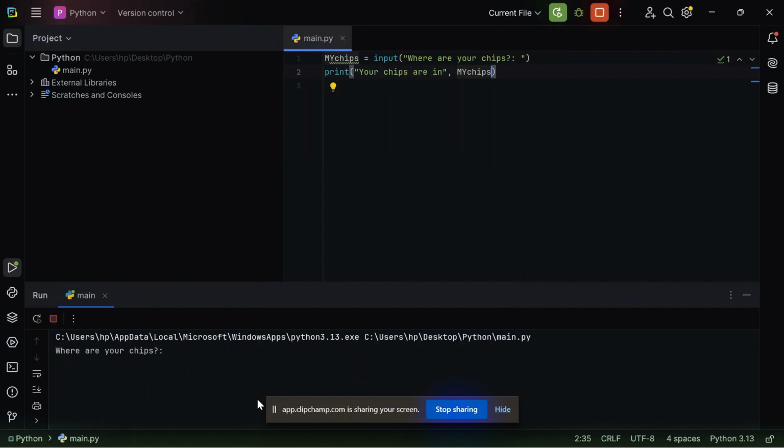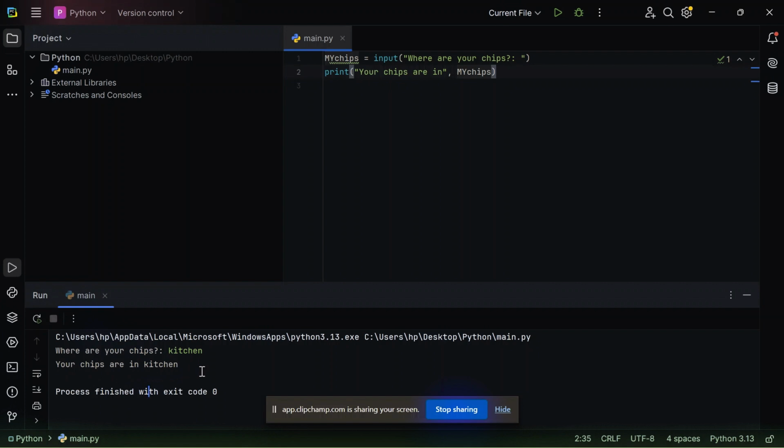Now it asks me where are my chips. So I would say in kitchen. As you can see, it told me that your chips are in kitchen.